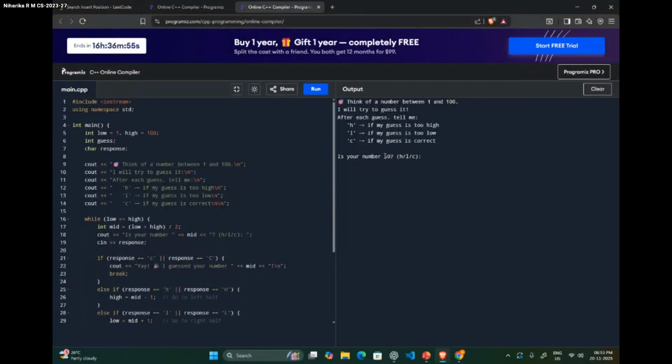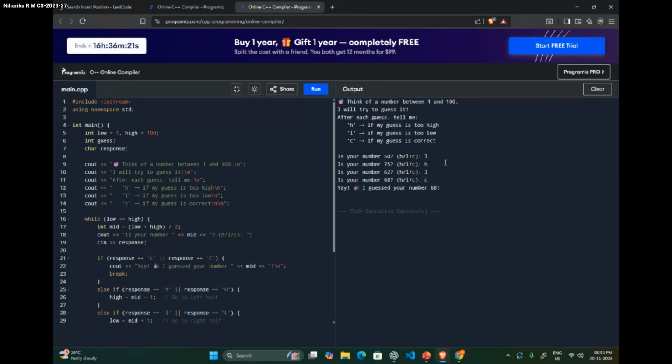So its first guess is 50, and we have to click on high if the guess is too high, low if its guess is too low, and correct if its guess is correct. 50 is lesser than 68, so its guess is too low, so I'll click on low. 75 is greater than 68, so I'll click on high. 62 is less than 68, so again I'll click on low. 68 is the correct answer, guys.